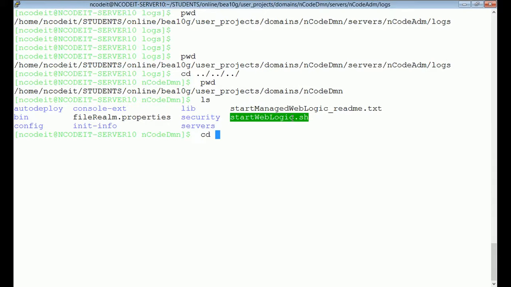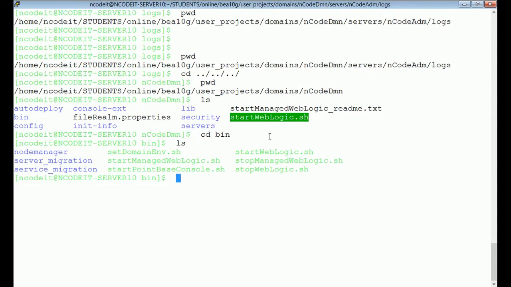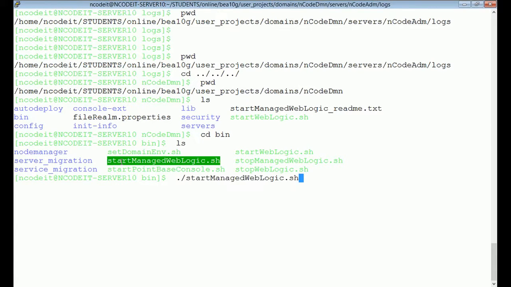Usually, to keep it symmetrical, everything we run from the bin directory. So under bin, just now we used startWebLogic.sh. Now we're going to use startManagedWebLogic.sh, managed server name encode mng1, admin URL